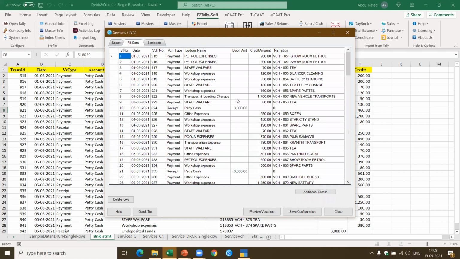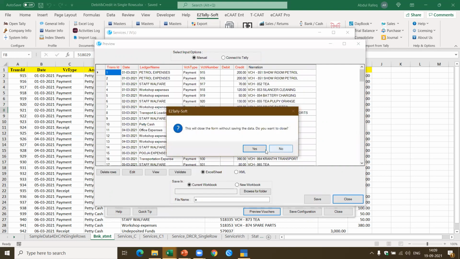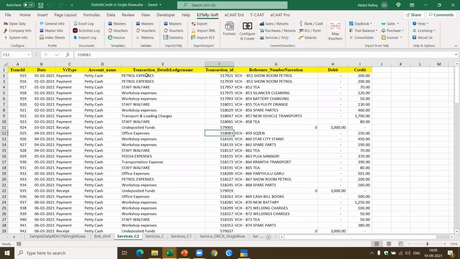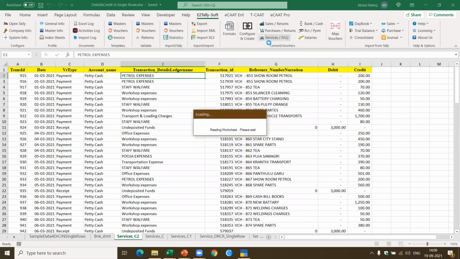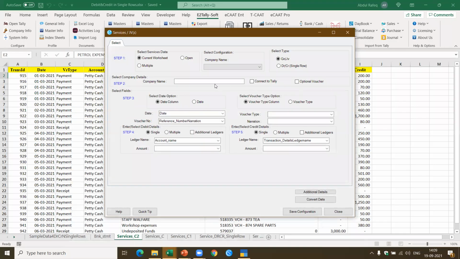Now the software is built in such a way that it will automatically compute the information. Let's preview and see whether we got the results correctly. Now we have not got the correct result. You know what is the reason we didn't get the correct result? Because we used a general JV option. So for doing this, we have actually designed a separate function, and that's what you should have used. I'm going to come back again to service or JVs. I'm just showing the common mistakes which happen when you use this option.